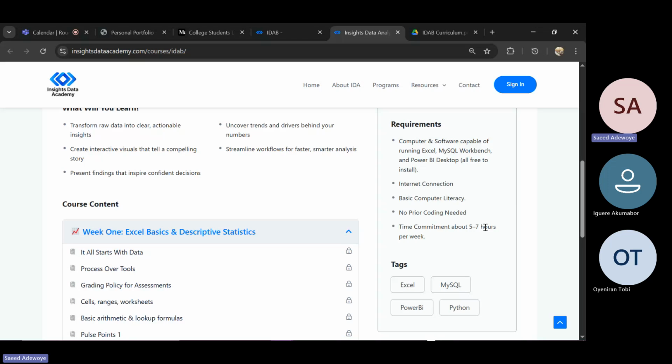Even though we still have some new breeds, like analytical engineering, which is in between data engineering and data analysis, analytical engineer, AI engineer, business analysts. So there are several titles like that.